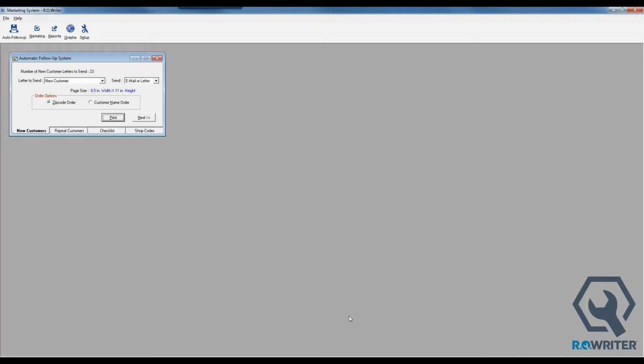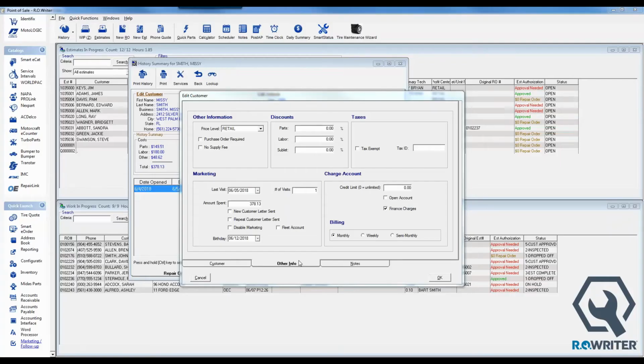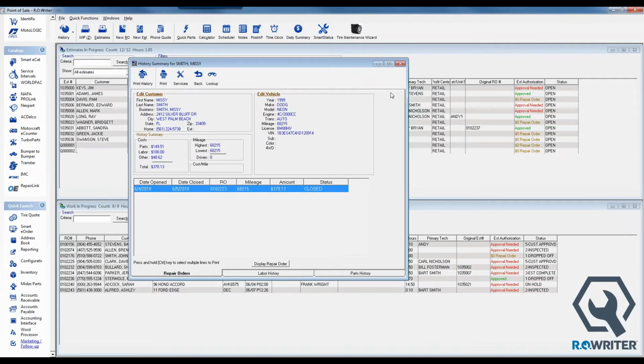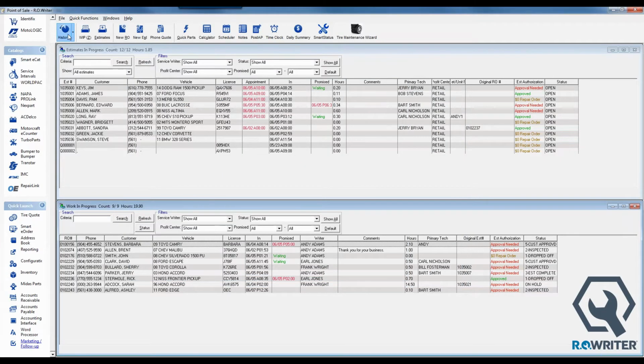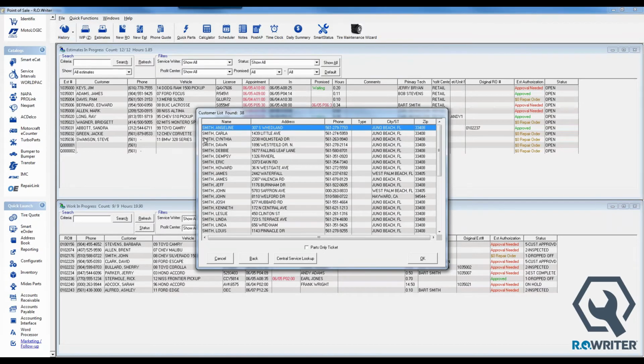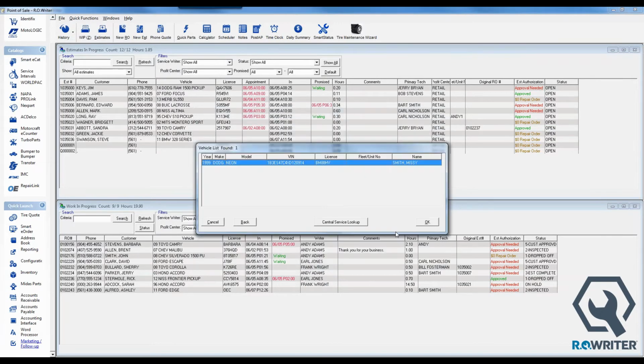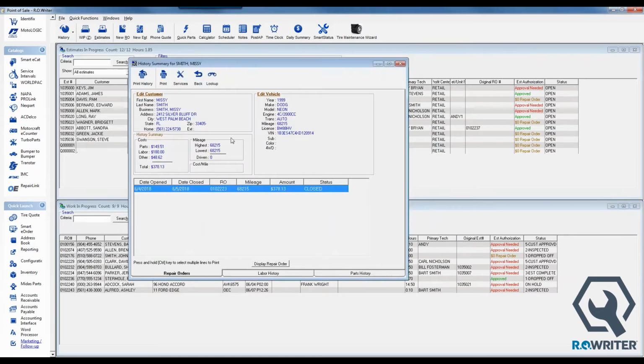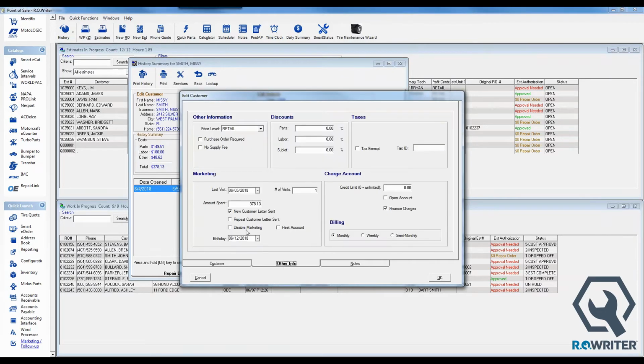Essentially what that mark sent did is it said, let's go back over into RO Writer. And again, I'm going to have to close back out of the history and come back in. But let's go into that particular customer, and let's mark them as having been sent a new customer letter. And again, whether we did it en masse for a large amount of customers or one at a time, in this case, there's that check mark where the new customer letter